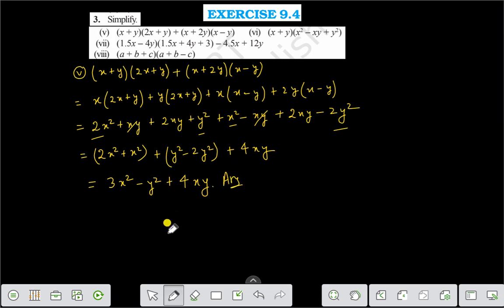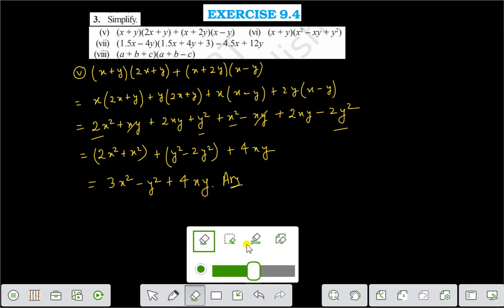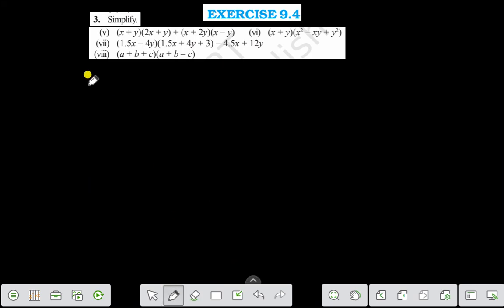The answer of question number 5 is 3x square minus y square plus 4xy. That is the answer. We'll solve question number 6. Question number 6 is